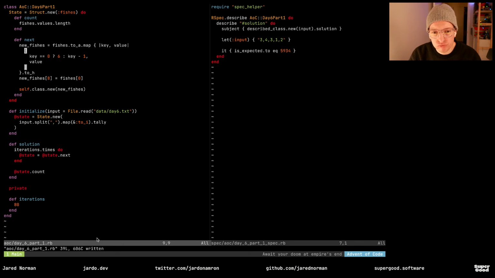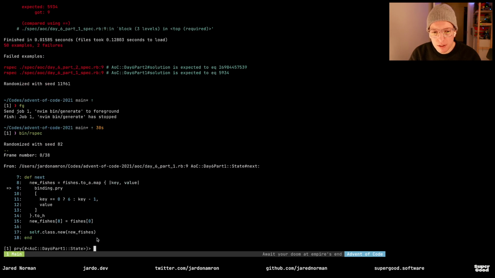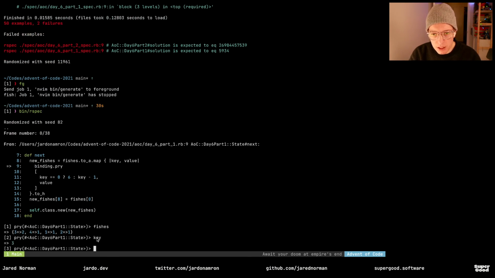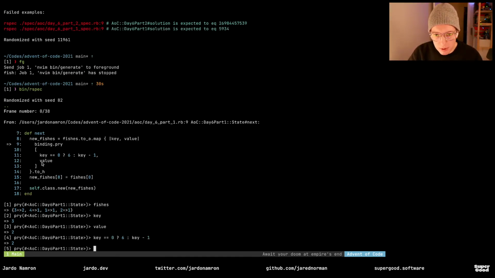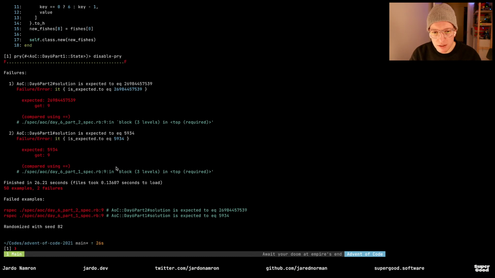I'm just gonna start poking around. So we're in here, fishes, we got 3, etc. Our key is 3, our value is that. And just sort of test that we're gonna get the right value. Yeah, we expect the key to be 2, the value's gonna be the same, cool. It sounds like we're not getting any fishes added, so let's, where